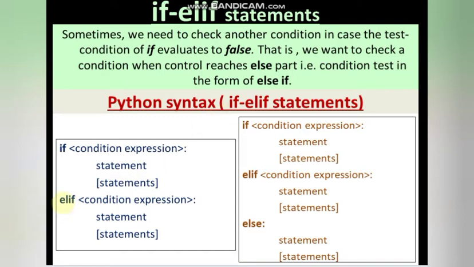Since with else we cannot give any condition, but if your program wants that after else, if you want to check again some condition and again if you want to do some kind of if else, then what you will do? For example, I am giving, suppose the condition is whether you are at home or you are in school. Now suppose today is holiday and you are at home. So again there will be two conditions. That is, if I want to go for a movie outside with my friends, if the friends are there, else I will sit and work at home.